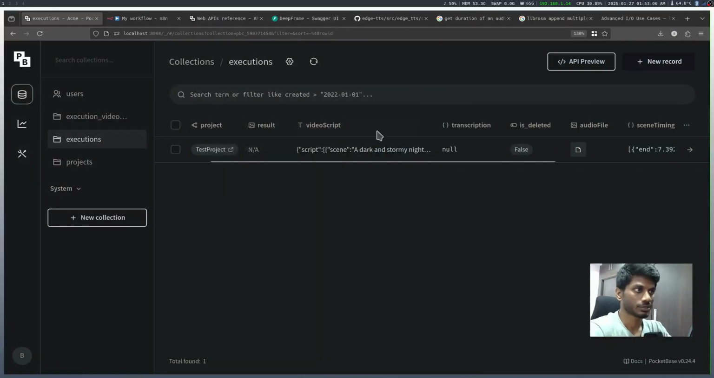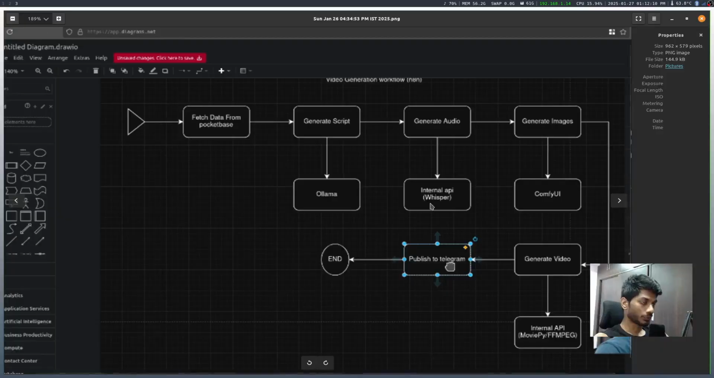So now we have the audio stored in the execution table. So we have the audio ready. And the next step in the process is generating the images. And once I have the images for each scene, I can tie them together into a video, right? So that's the plan. So for generating the images, we'll be using something like